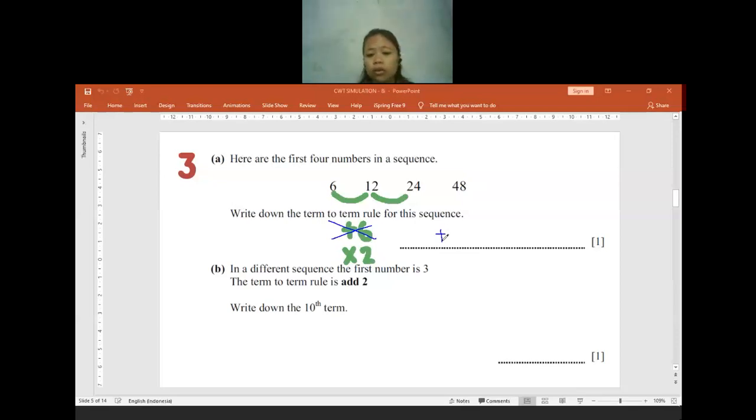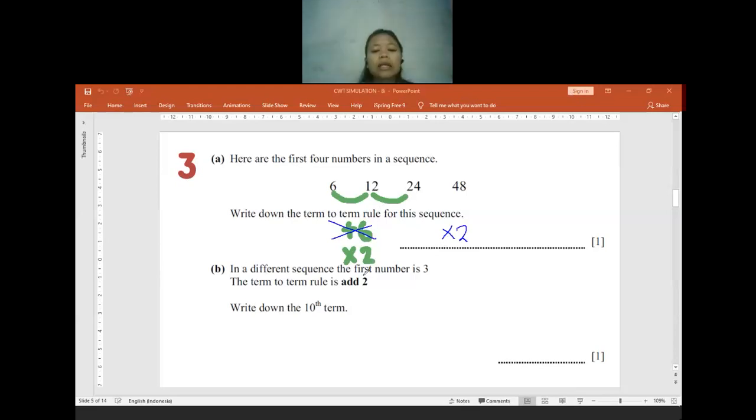Is there anyone who has a question? Because some of you yesterday still wrote it as plus 6. You did not double check for the next term in the sequence. You can write it as times 2 or multiplied by 2. Is there anyone who has difficulties or is getting confused so far? If no one is confused, let us continue to question B.